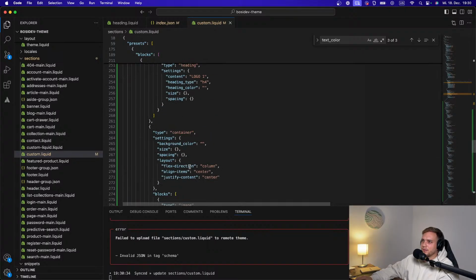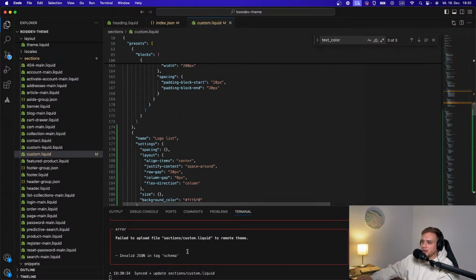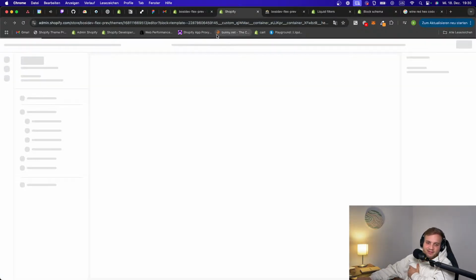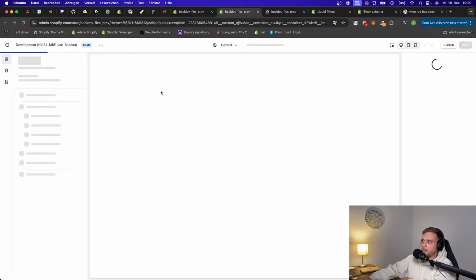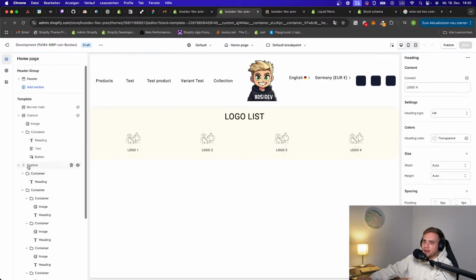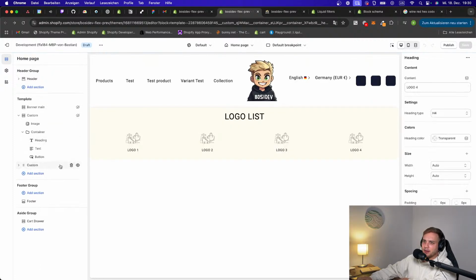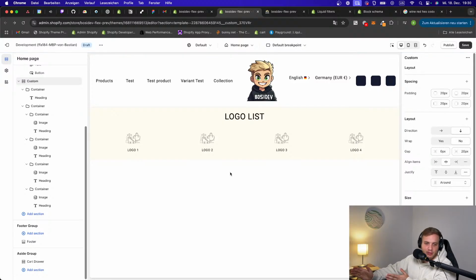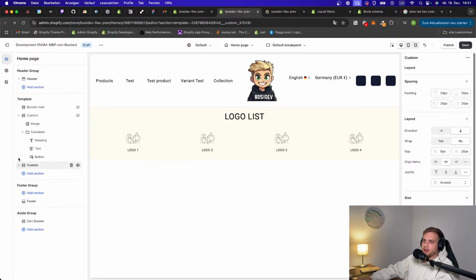Okay, looks really complicated, but I think this should work. So let's see. Okay, let's get rid of this and add a section. Logo list. Poof, poof, poof, poof. Awesome. Really nice. So we have completed, or we created 2 sections